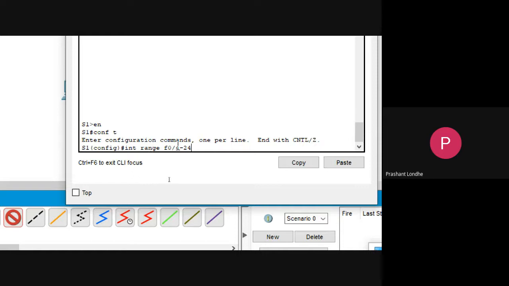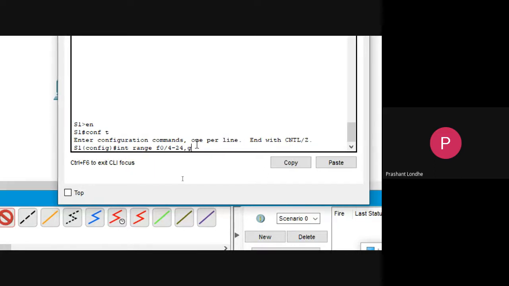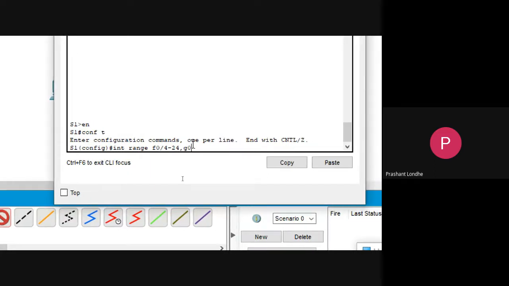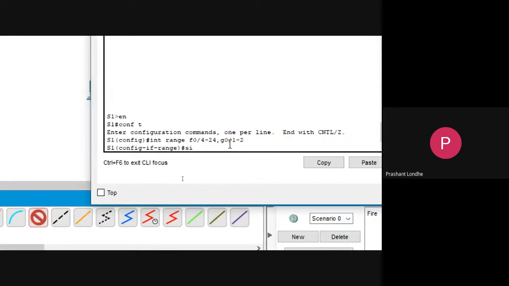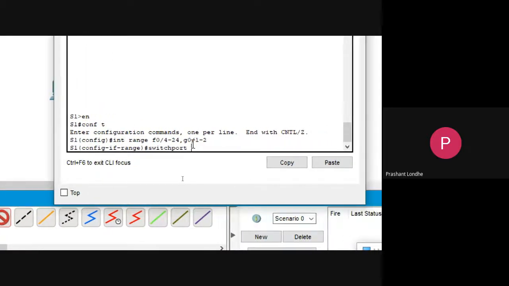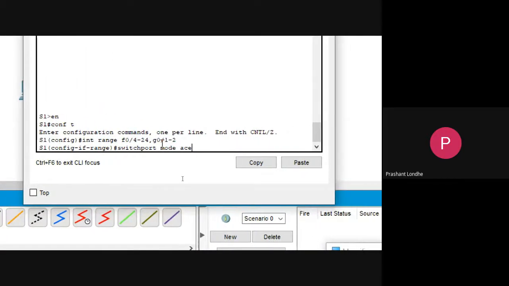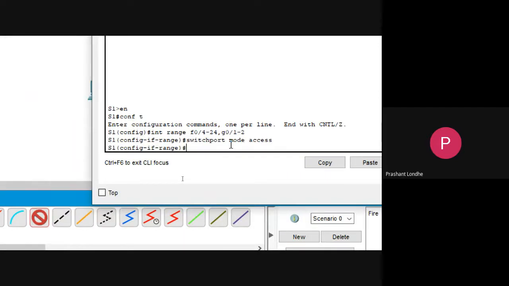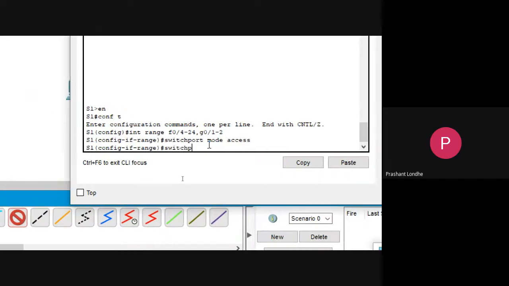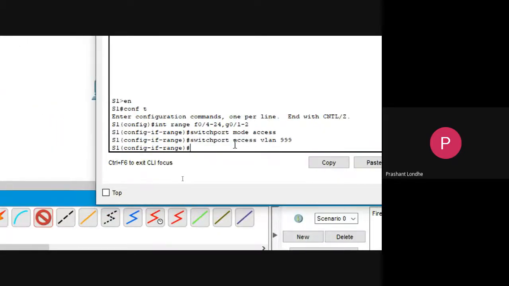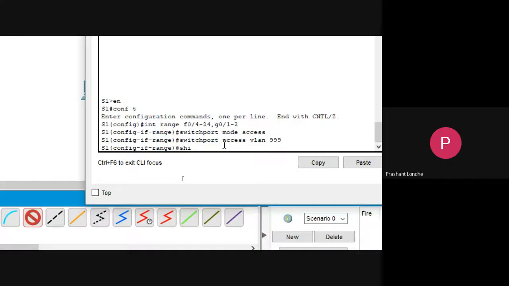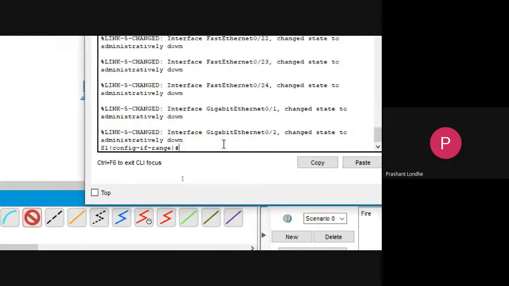Enter. Switchport mode access and switchport access VLAN 999 and shutdown.